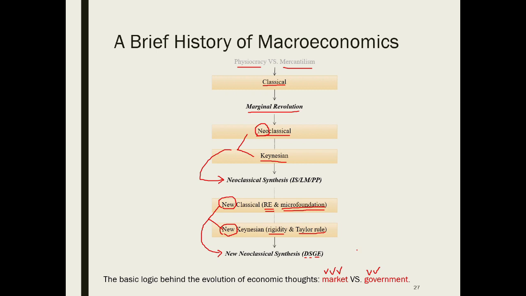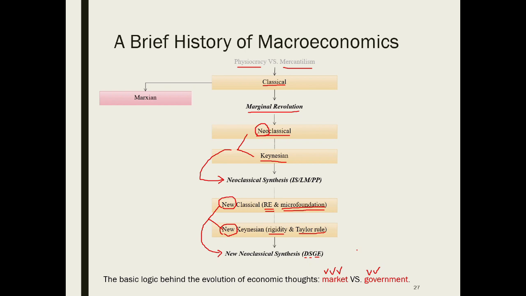Apart from these mainstream schools, there are some heterodox schools of thought challenging the mainstream throughout the history. For example, the Marxian school was developed against the classical in the mid-19th century. The classical school only discusses how output is produced, but not how it is distributed. Karl Marx published a famous book called Capital to criticize capitalism. In the 20th century, institutionalism and new institutionalism criticized the omission of institutions in the new classical school.